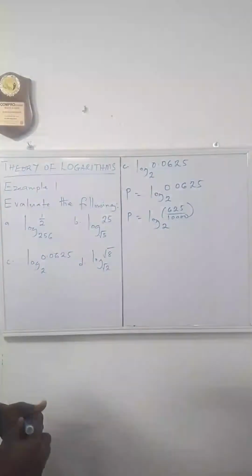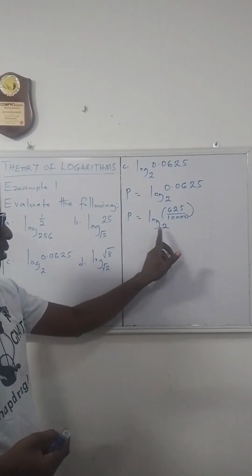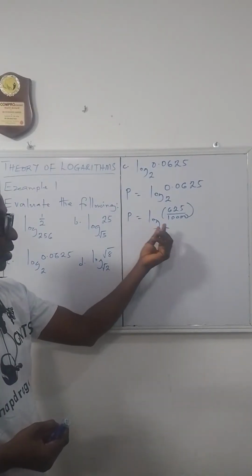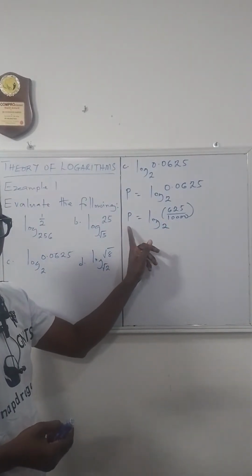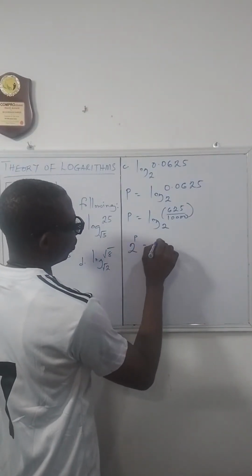I hope you understand that. All right, so now let's move this to this side. This is the base, this is the number, and this is the power. Don't forget the base will come here and become base here. So we have 2 raised to the power of P equals to